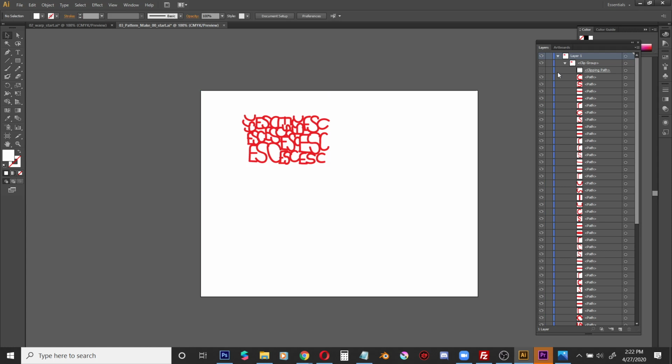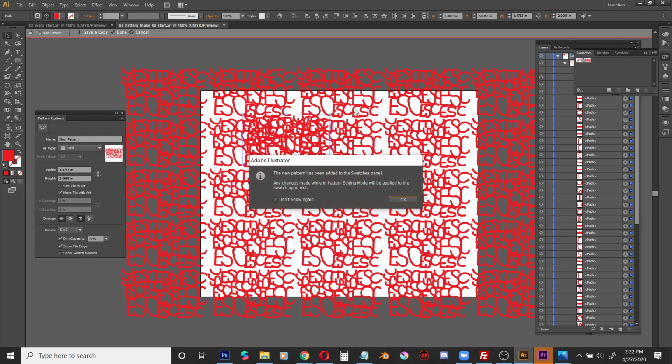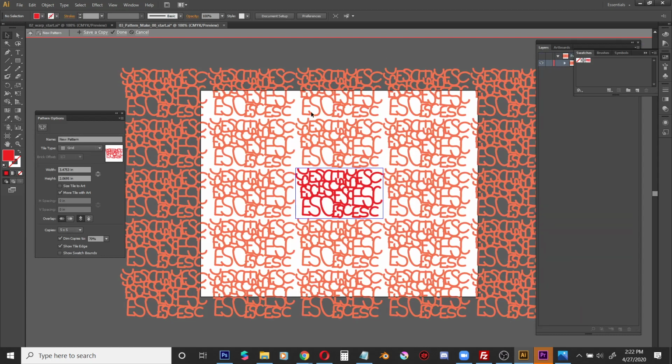Okay, look at how I just turned the eyeball off of this clipping path, and that was the white background. Now the only thing I have selected are the red lines. That's what's important. Go to the Object menu, Pattern submenu, choose Make. Instantly, Illustrator pops you into this preview mode, showing you what it looks like if everything